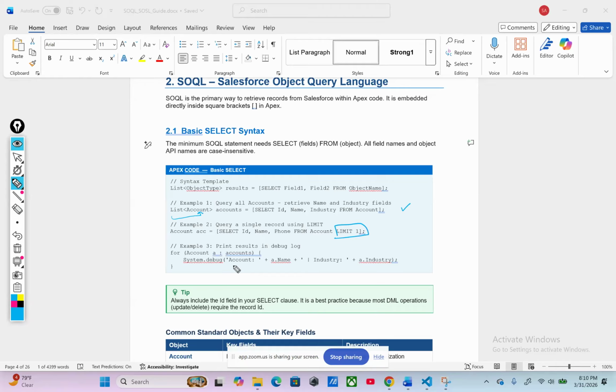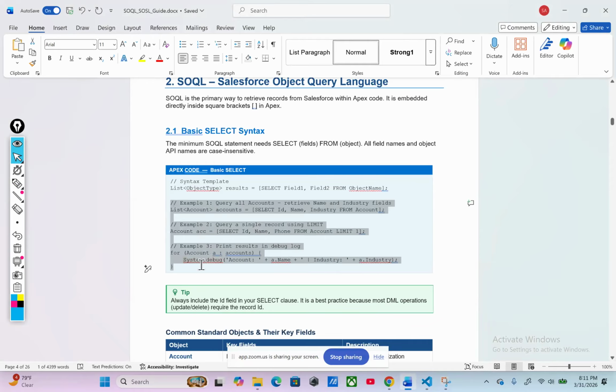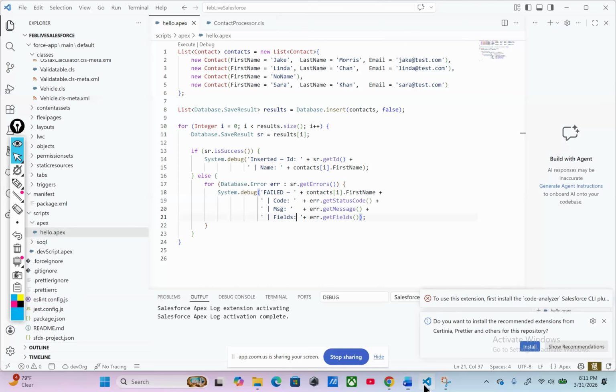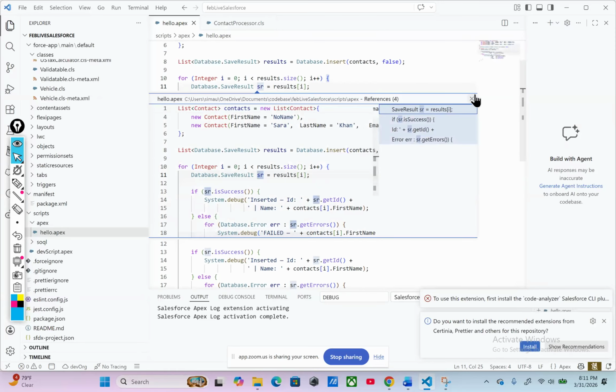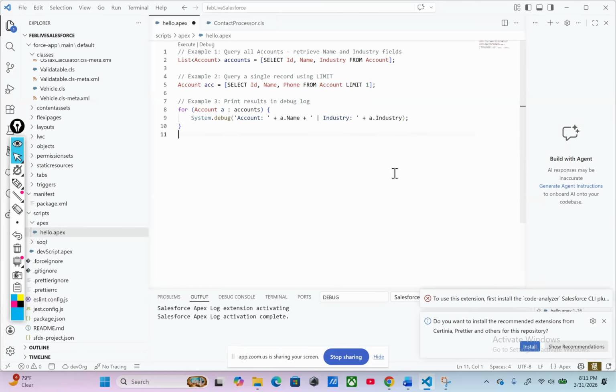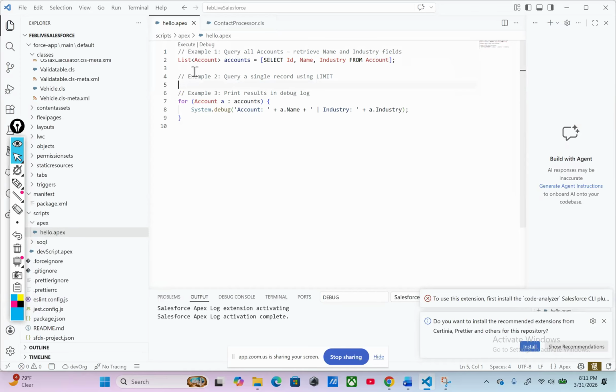And then here, if you want to display, you can use something like dot name and industry of that account. So if you want to display each of those, you can use a code like this. So very simple. If I go ahead and run this, I'm going to remove the query. And if I just execute this and we go here, okay, I'll go ahead and remove this. And if I execute it,